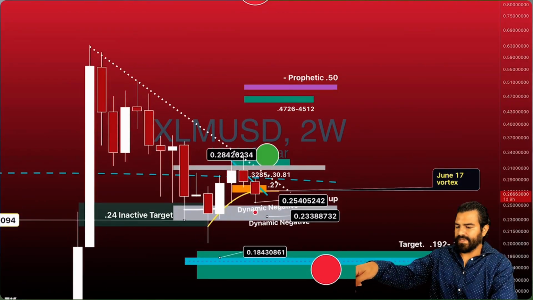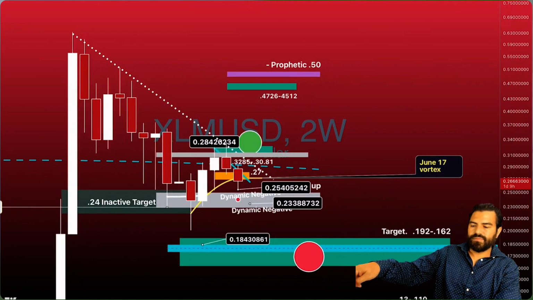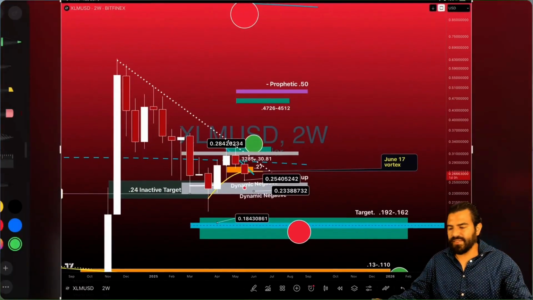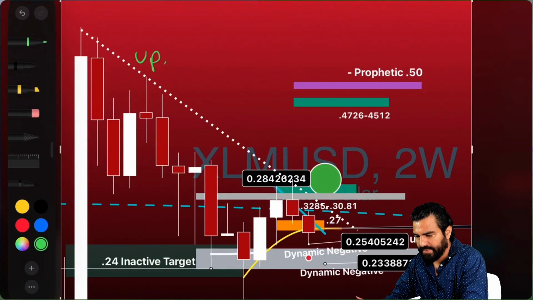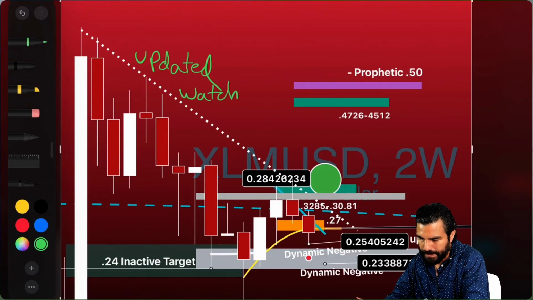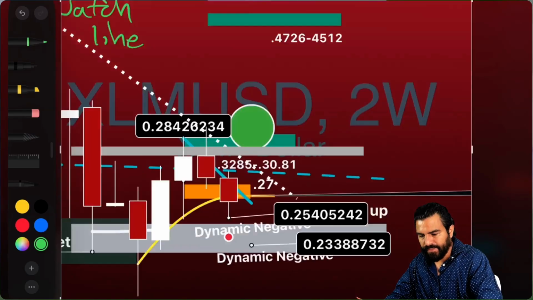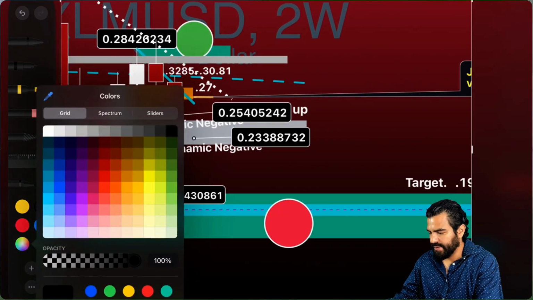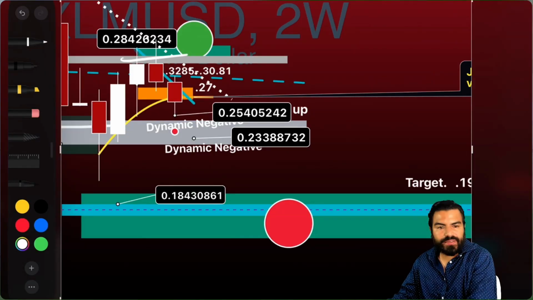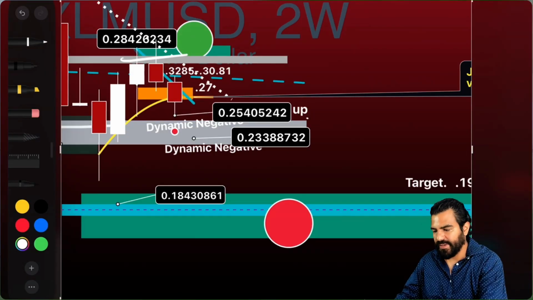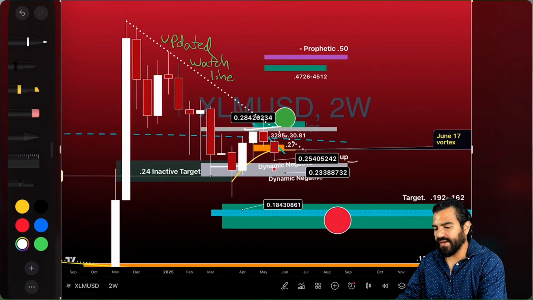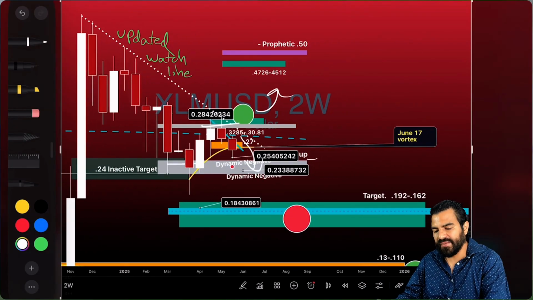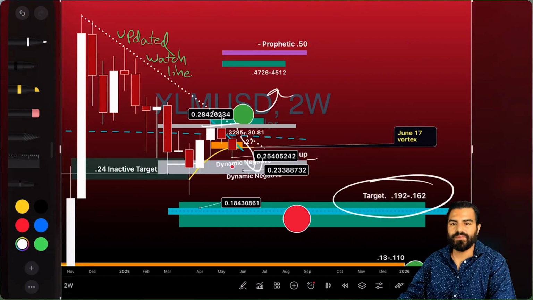Okay. 2-week chart. This is our updated watch line, step up. Okay, let's move on. Since I don't have any questions regarding this, we're still in a weakness, we're still looking possibly to even come down to the lower target. Okay,